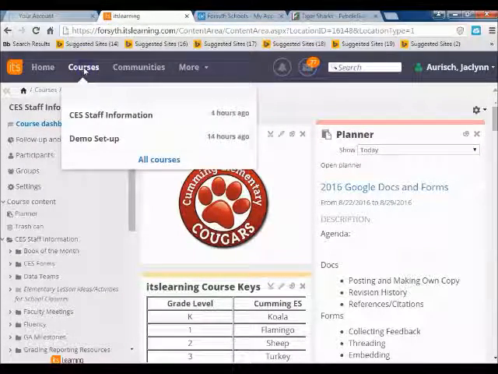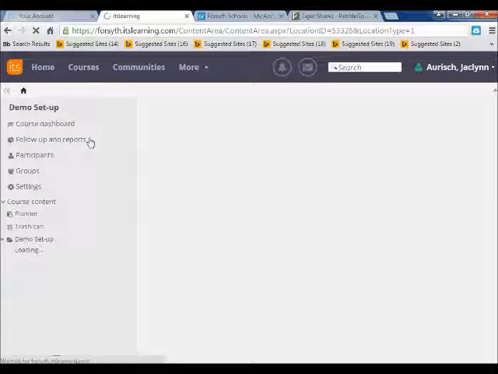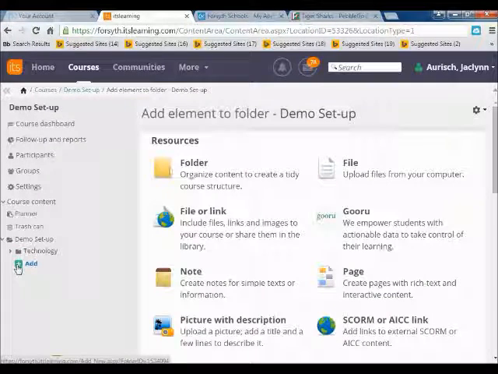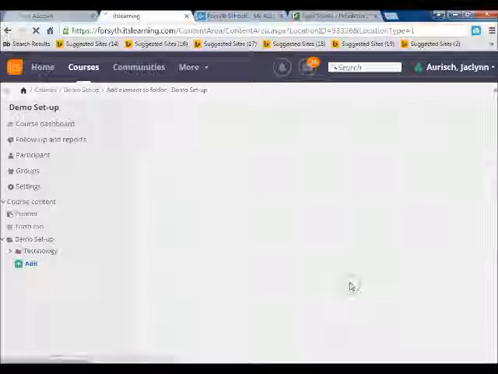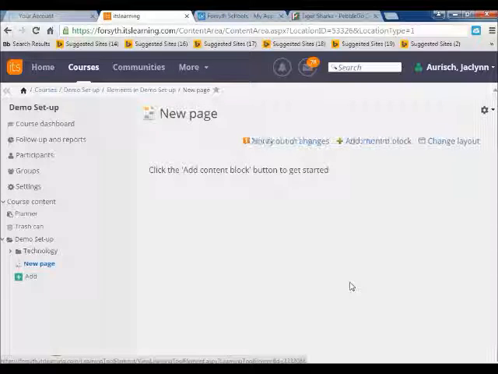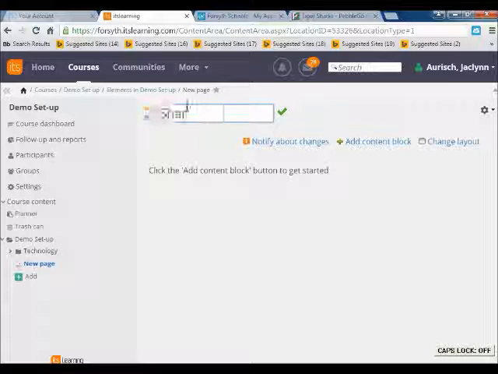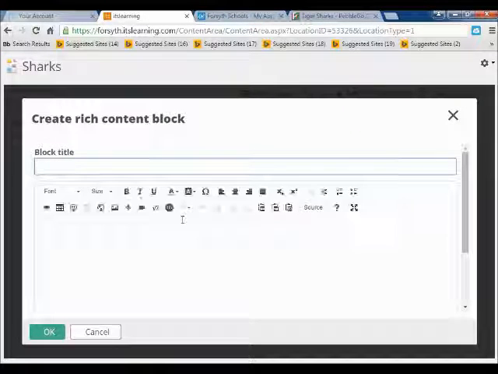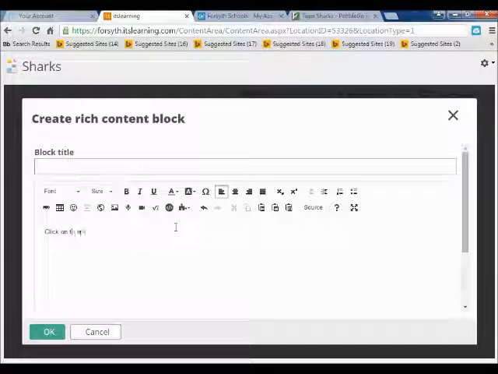Then we can jump over to its learning in our course. Now, when we add this link in, you can just do it as a straight link. You just want to click on that link and it goes there. Or you can put it in a page and link words or link anything that you want. I'm going to go ahead and put it in a page. So I'm just going to add a content block. And I'm going to say, click on the picture